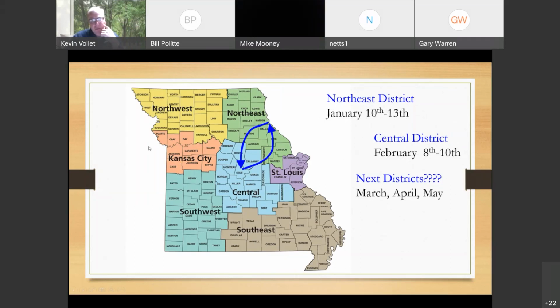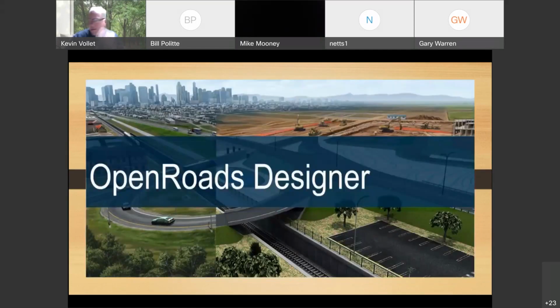And we had thought about possibly training Kansas City, getting them going, and then moving up to the Northeast because they're so close to each other. But we don't have to do that in the same week. We can schedule them at separate times. So just maybe talk with the people in your district, talk with your district design engineer, and if you guys are interested, let us know, and we'll put you on the schedule. That's all I got, Bill.